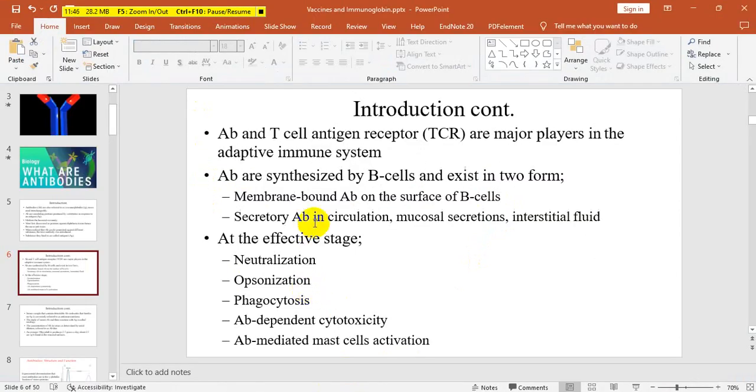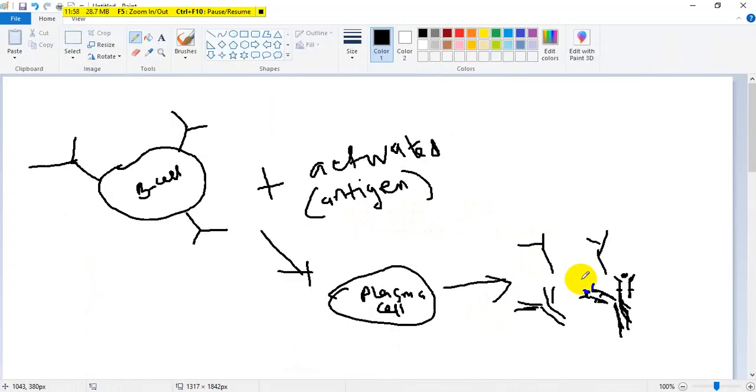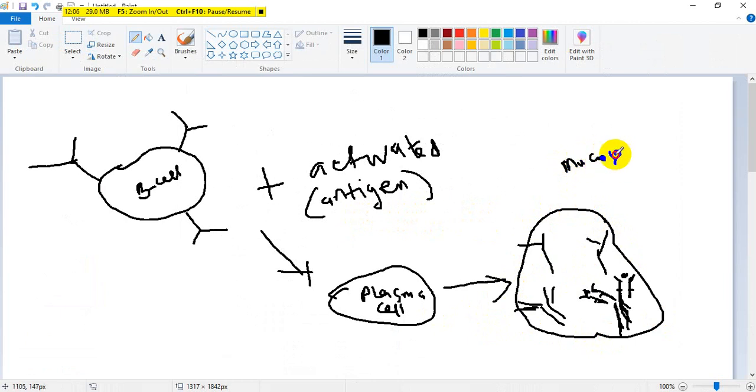Then we also have secretory antibodies. They can be secreted in circulation or found in mucous secretions or interstitial fluids. So it's not only in the blood that they are found. They can be in the mucosal lining of the stomach, in mucus, in the interstitial fluids,